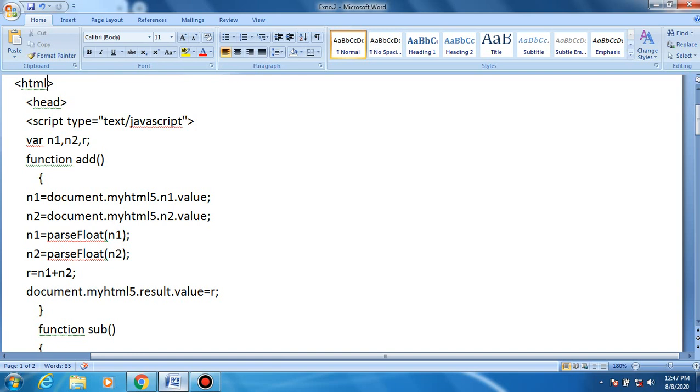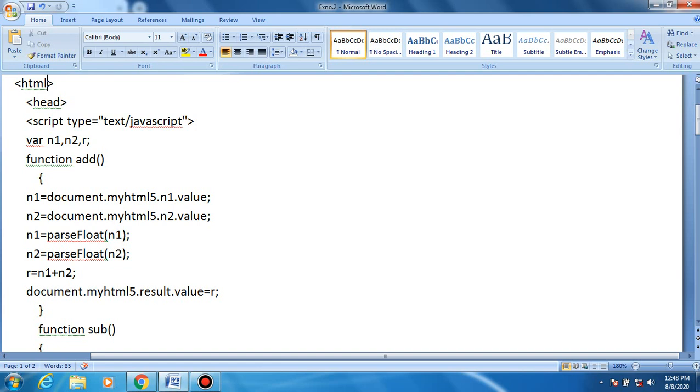Therefore we use JavaScript. Here you can see on this screen, JavaScript. This JavaScript is used to perform the operations on the web page, right? It is similar to Java.